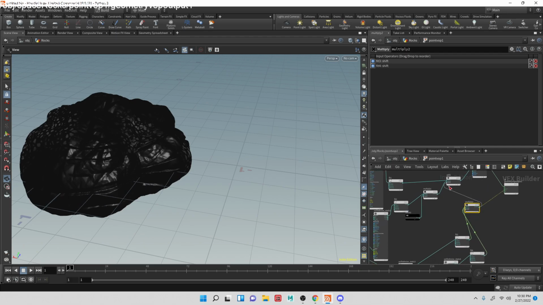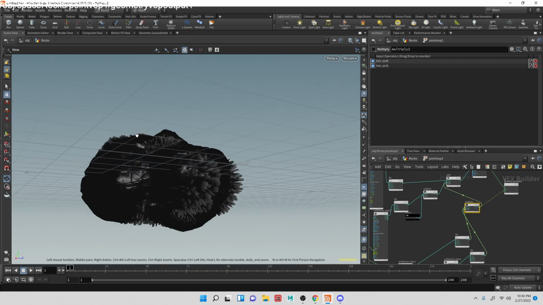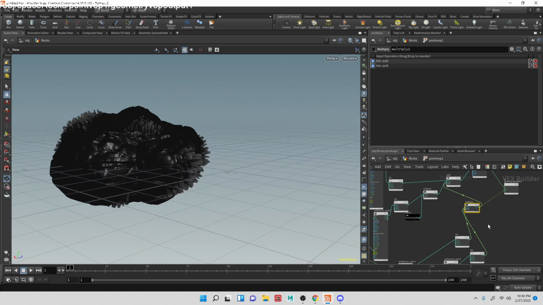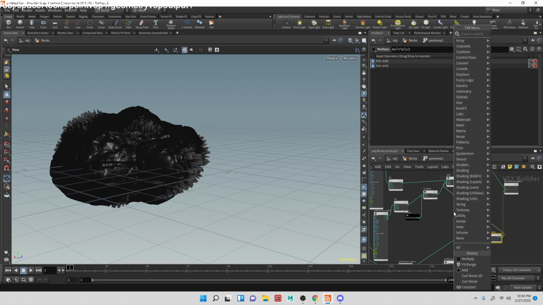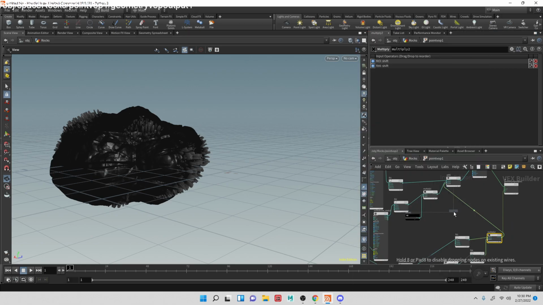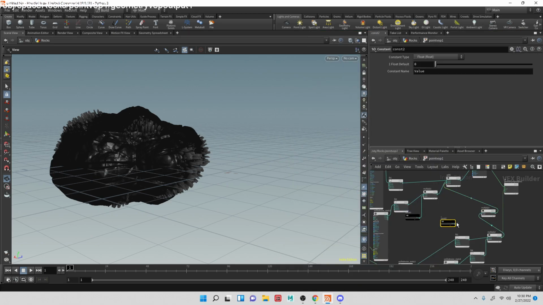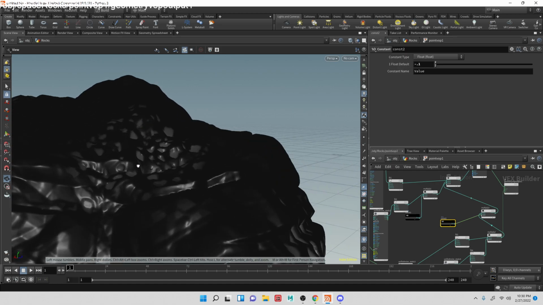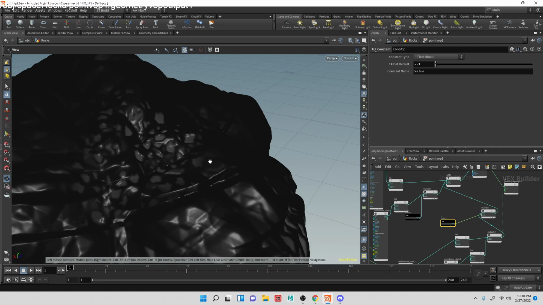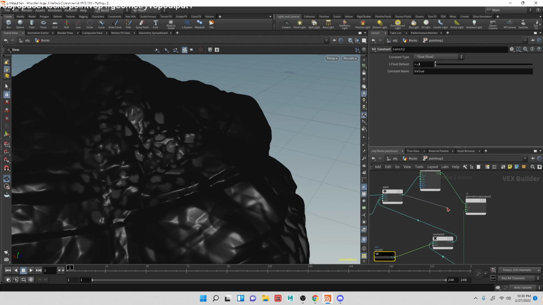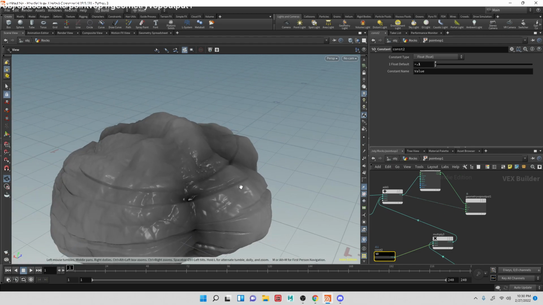So let's add that over here. And again, you can see that they're poking out. Maybe if you wanted crystalline surfaces, that could be kind of nice. But because they're pointing outwards, we're going to add a multiply and then a constant. And this constant will allow us to adjust it in any direction that we want. So here we can see that it is pointing inwards. And then I'm just going to connect this into the color so that we can see the overall